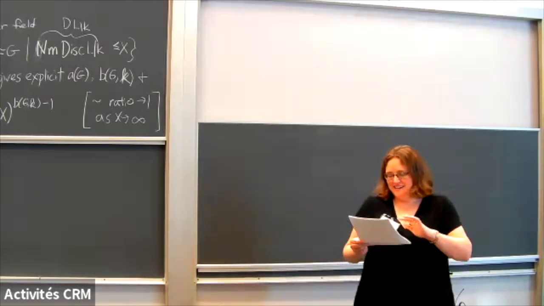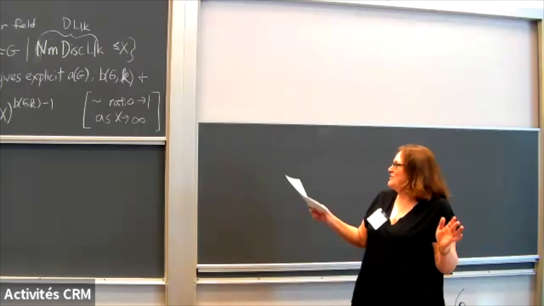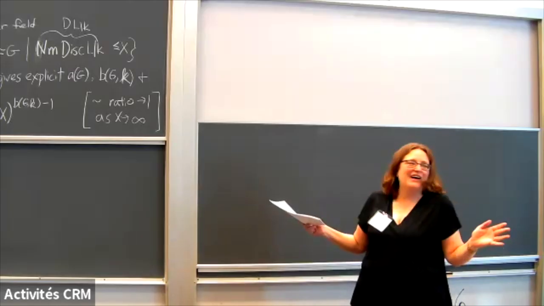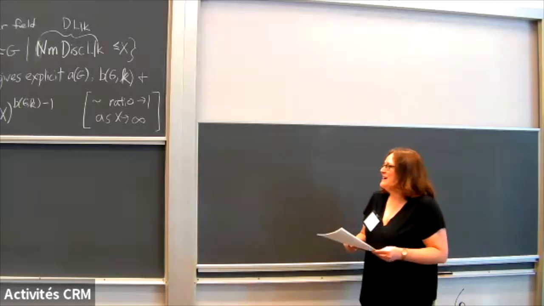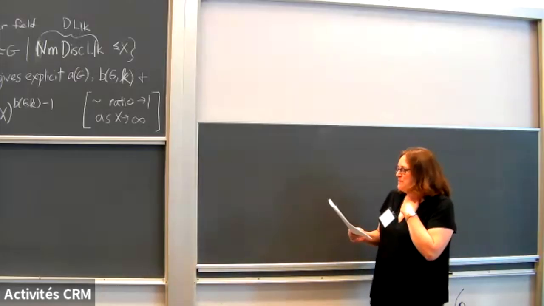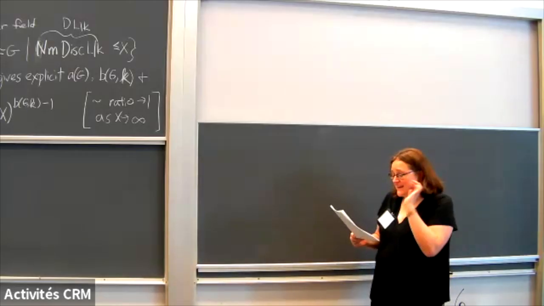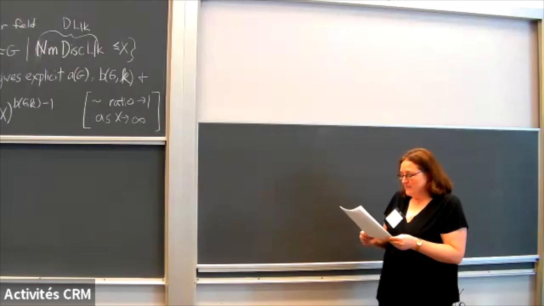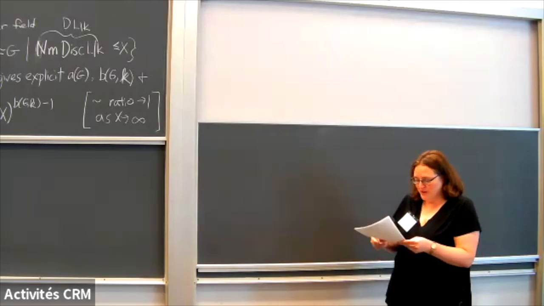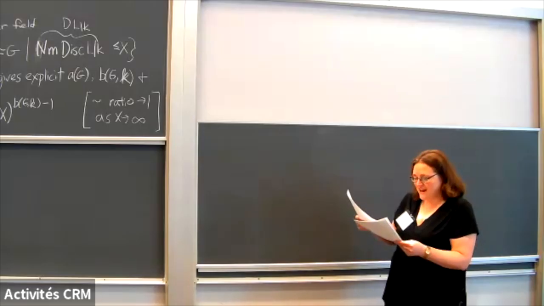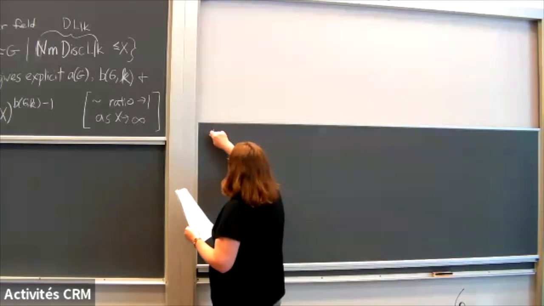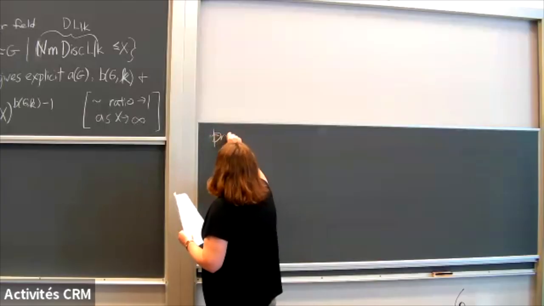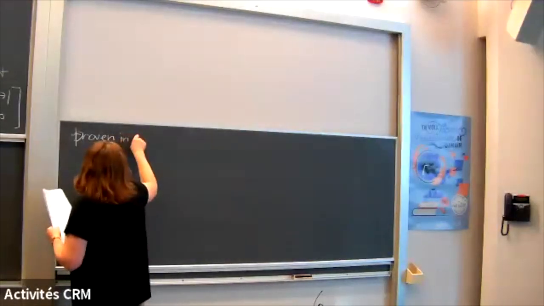We have a long history of the results on this, but it's already out of date because people have proven some wonderful theorems since that paper appeared. But in any case, there are many G's for which we understand and know that this conjecture is true. So, sort of proven in many cases,